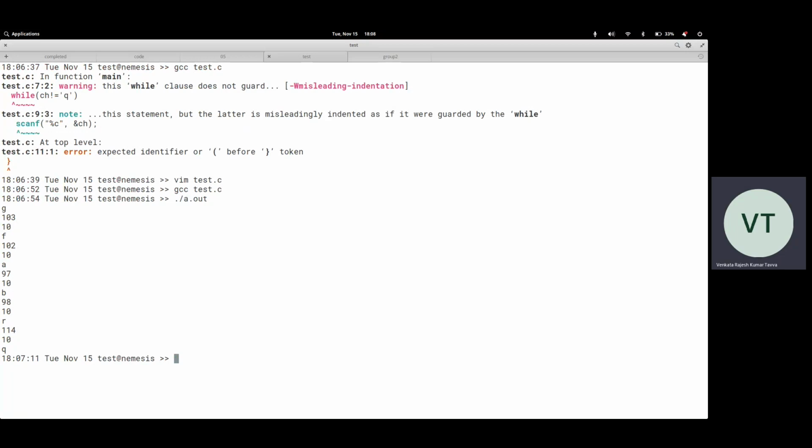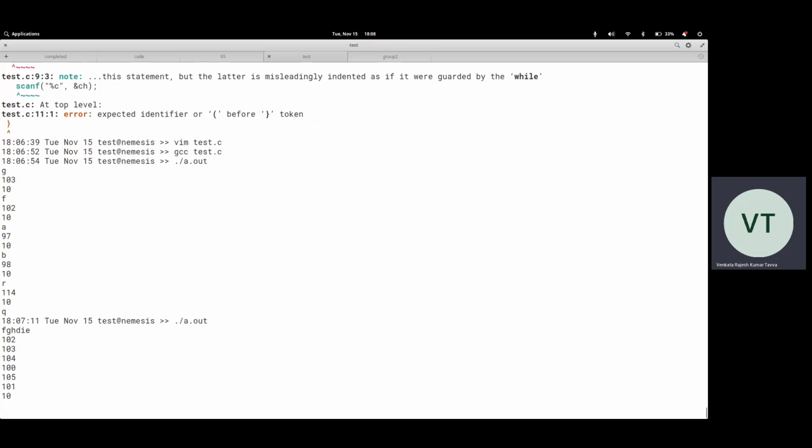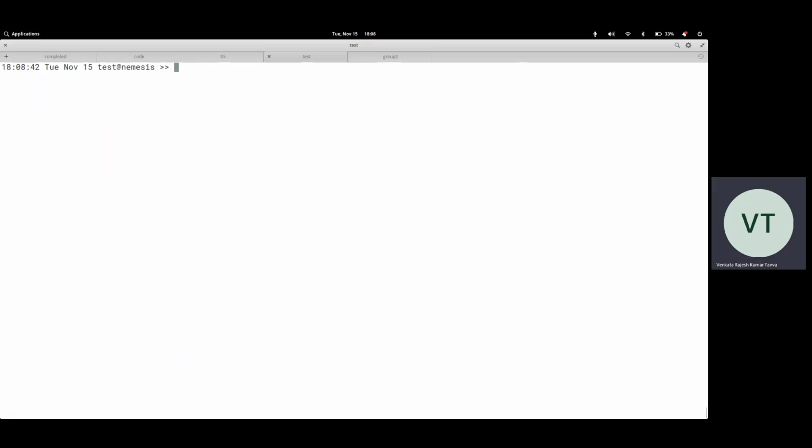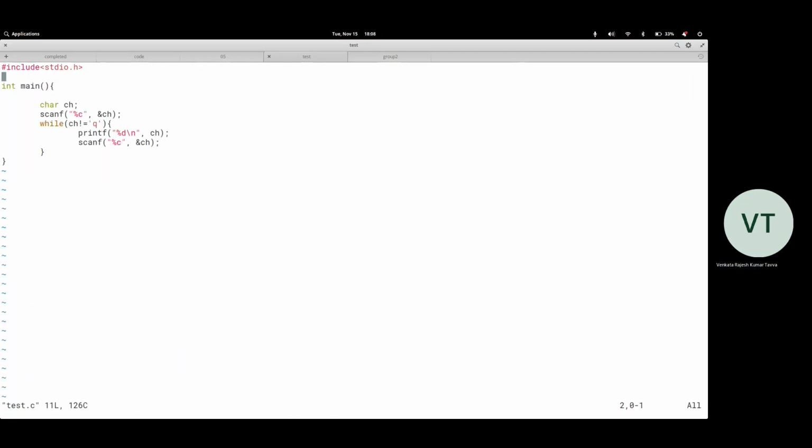Let me make it clear to you. Suppose I say F G H J I, you see it's printing everything together. So if I print F enter, it is printing everything. It's like two characters you are entering. That's all. Fine. So now I say Q, it quits. Now what to do? Okay, so scanf,